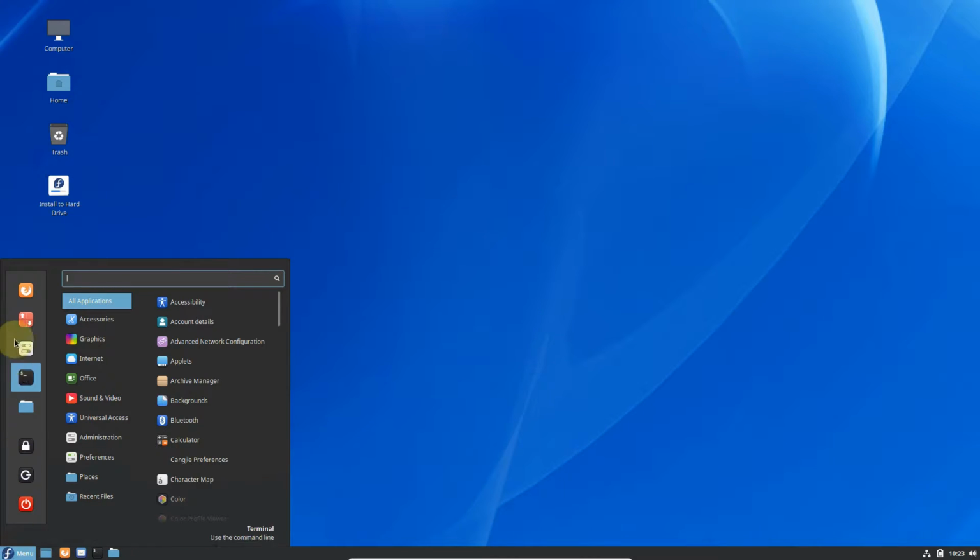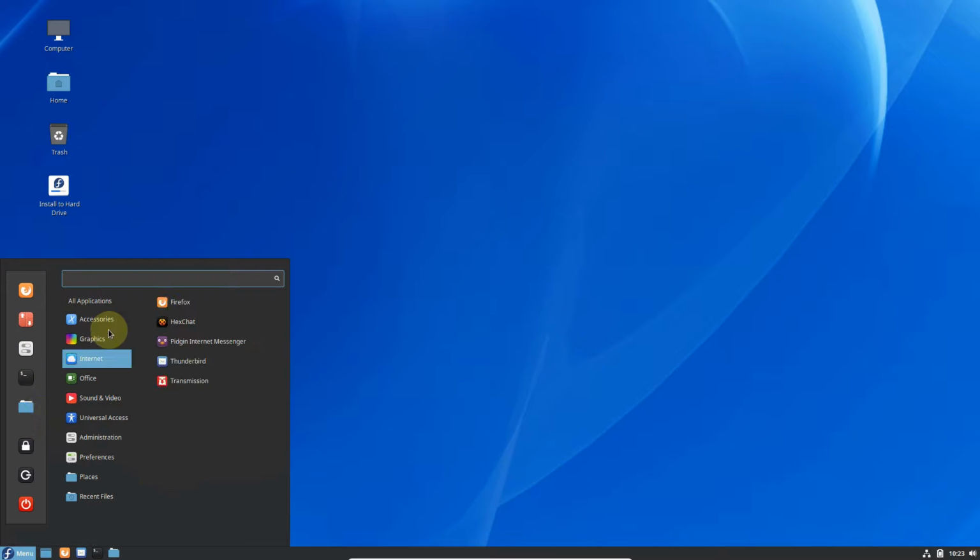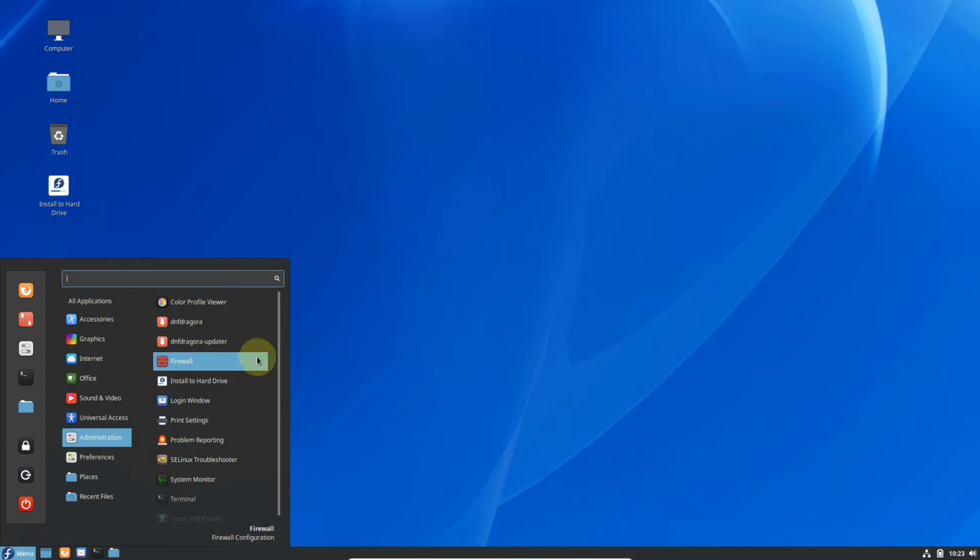Here in menu there is this part with quit, logout and lock screen, plus some favorite applications. There are many categories such as Office, LibreOffice, sound and video, administration to be on the more technical side, for example the firewall or the printer.